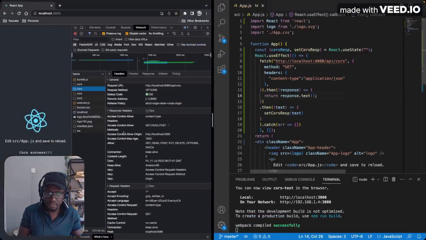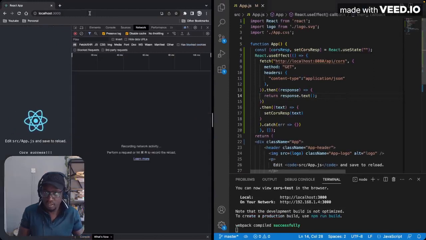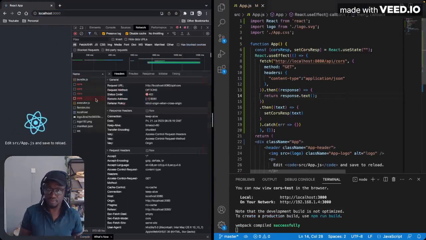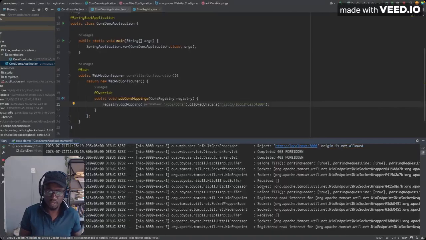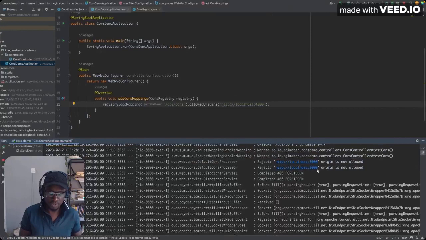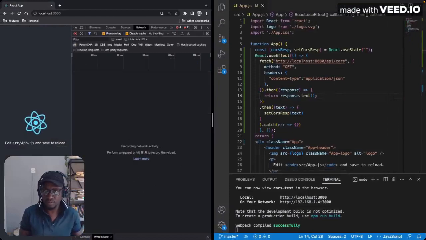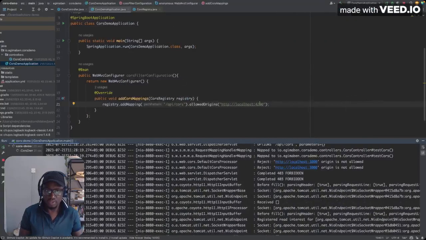Okay, server started successfully. Let me expect a forbidden response. Yeah, here it is. If we look at the Spring logs, we'll see that origin is not allowed. It's been rejected. So we've seen that. So if I go back and I allow this,